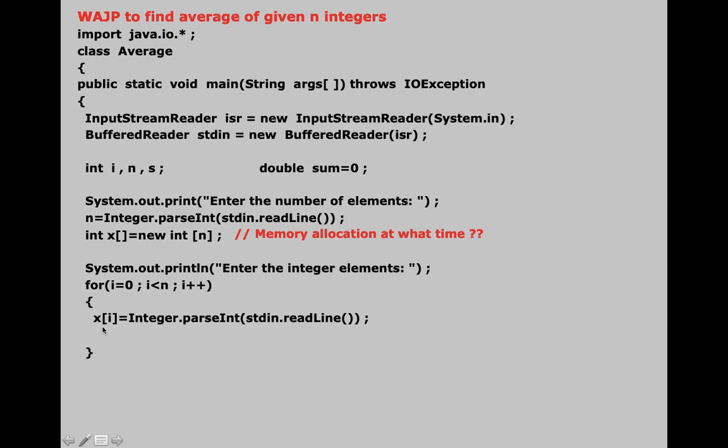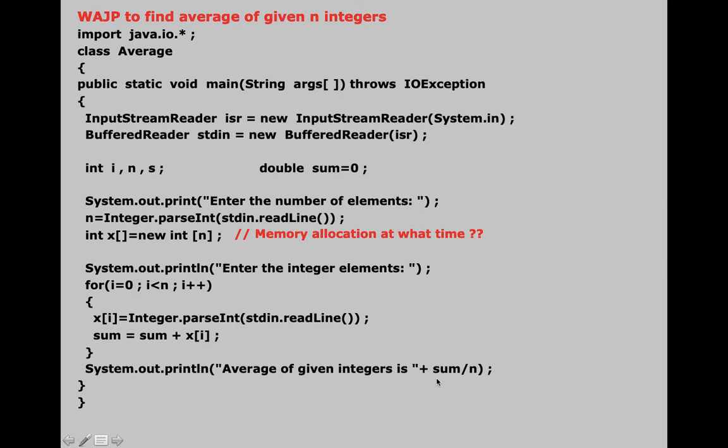And then don't forget, we'll find the sum of these array elements. Now, if you have been my student earlier, then tell me, how do we find sum? See, whenever we want to find sum, we write a statement like this. Sum equal to sum plus something. Now, over here, what will that something be? That something will be x of i. Alright.